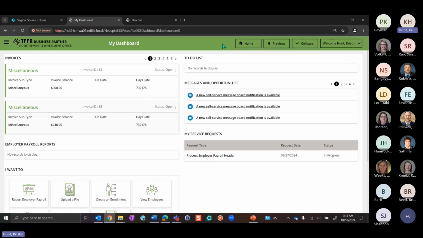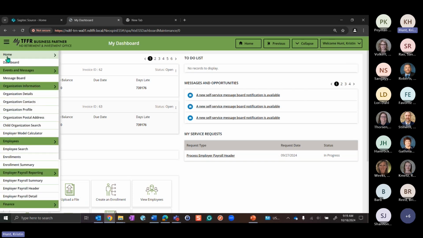The next thing I want to talk about is what we call the hamburger menu or main menu. If you click on that, it's everything in the ESS, and this is where you can go. I should also point out at this point, if you're feeling a little overwhelmed, as employers or my role right now, I've given myself every single role. When I create an organization contact, I'll talk about that as well when I talk about roles some more. But right now, I have every role possible, so I'm able to see everything right now.